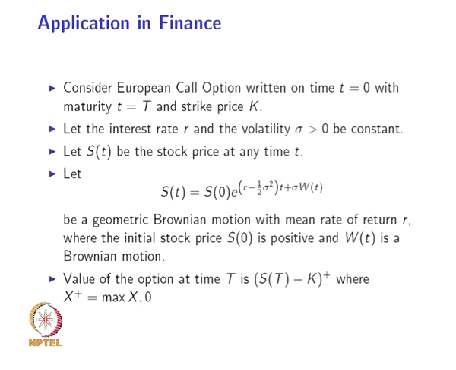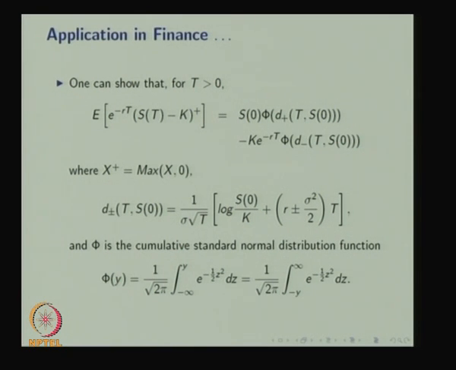Suppose you choose a positive constant, which is a strike price, at the maturity date capital T. The value of the option at time capital T is (S(T) minus K) superscript plus, where x superscript plus means the maximum of x and 0. Then one can show that for t greater than 0, the expectation of e power minus rT times